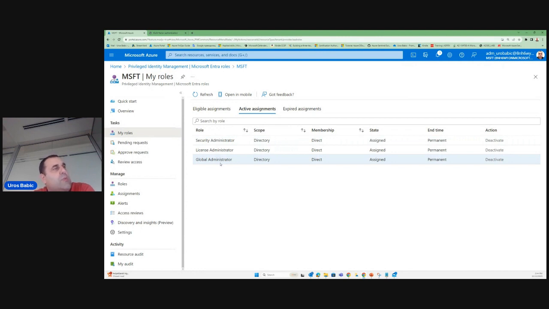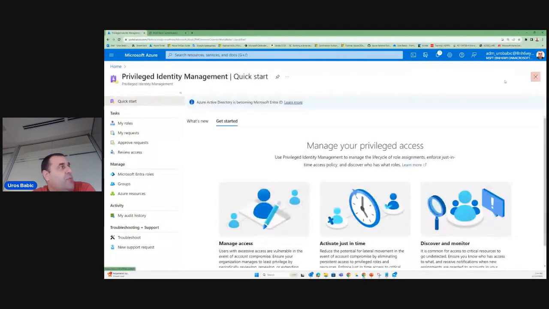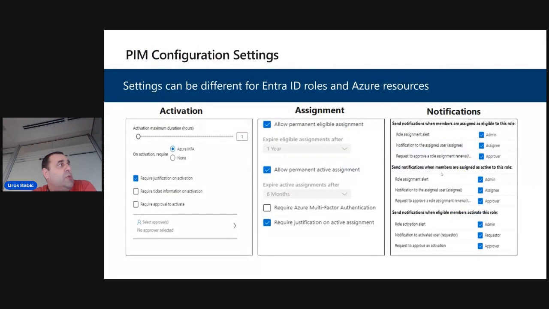and after that I can go to my active assignment where you define a period of time, a date, actually a schedule assignment for this type of privileged identity management role and everything. And I can be global administrator, privileged role administrator, password administrator, service administrator, what I decide regarding my role. And that is, I mentioned activation, assignment, and after that I have